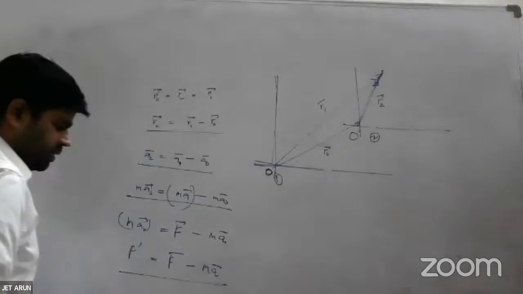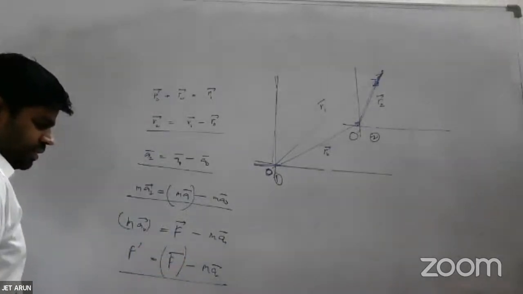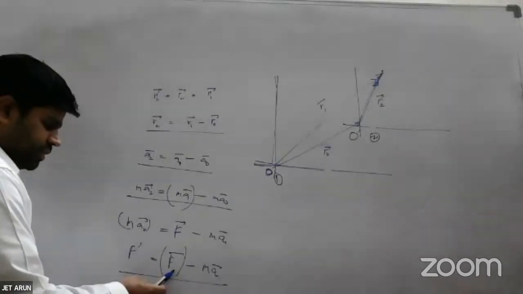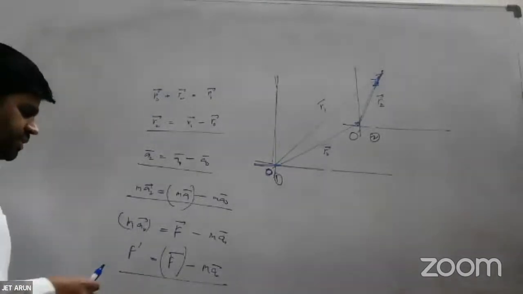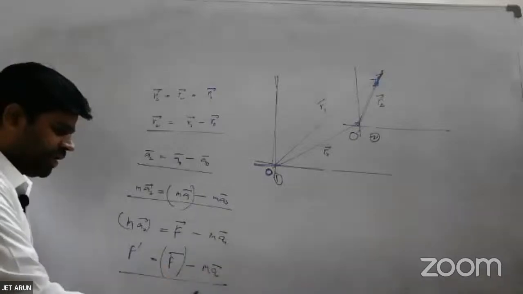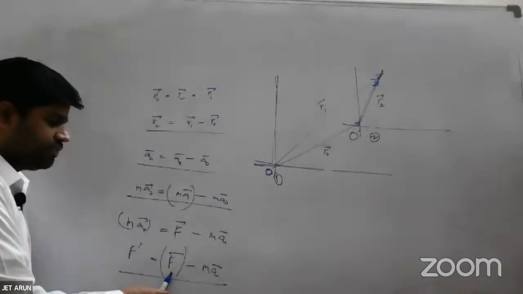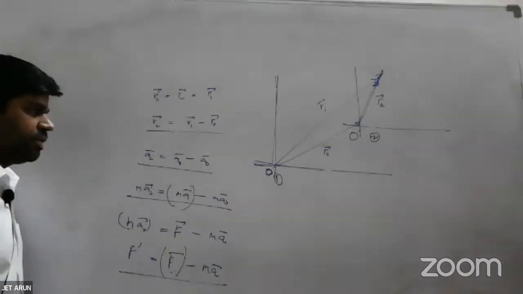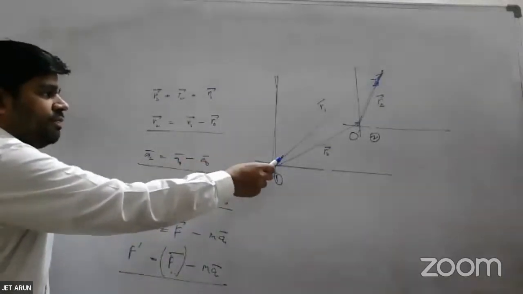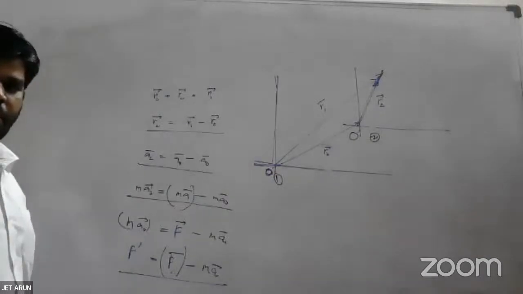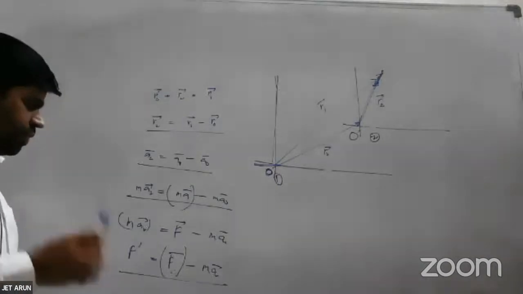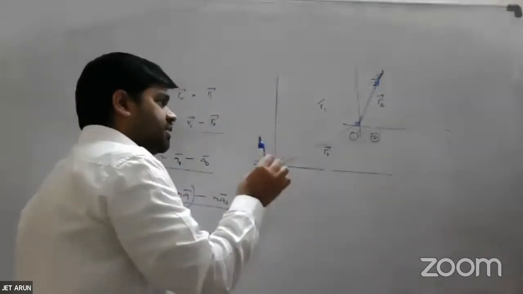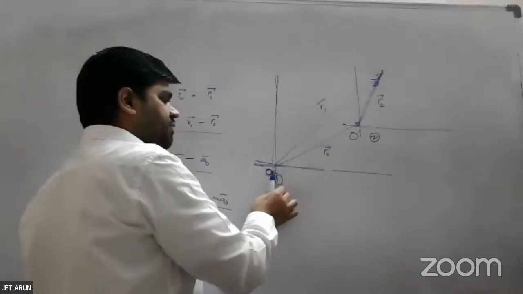So if you see, this force is altered. There's a value which is subtracted from this force to get F prime. So we are not getting the forces to be the same. We are getting a factor which is being subtracted from the force in reference frame 1, where A0 is the acceleration of the reference frame O prime with respect to O. What I mean to say is, if forces are F acting on this particle with respect to reference frame 1,